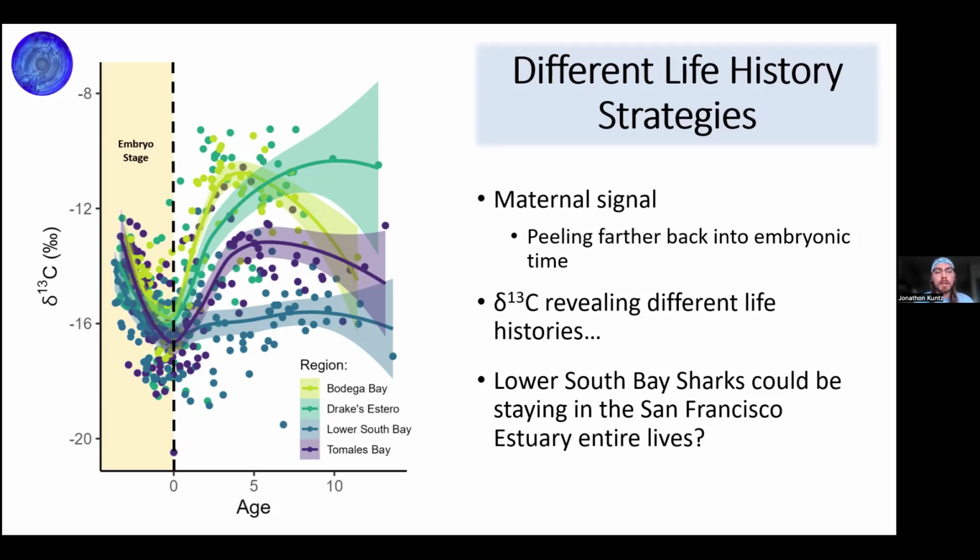Whereas it looks like also that the San Francisco estuary, because there is all kind of the same jumping off point at that age 0, the San Francisco estuary might be populating the rest of these areas, where at a young age, they're moving out and then choosing a certain habitat to live in, be it Bodega Bay, Drigstero, or Tomales Bay, and then staying there. So